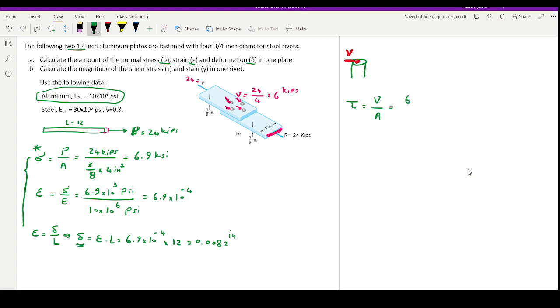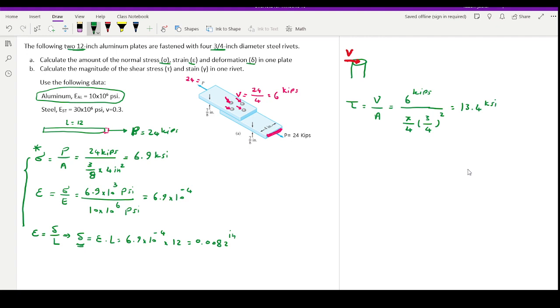V is equal to 6 kips, and area, this time we are dealing with a rivet, therefore it's going to be pi over 4 times the diameter for one rivet, 3 over 4 inch, squared. It's given in here, you see. And if you solve this, it's going to give us something around 13.4